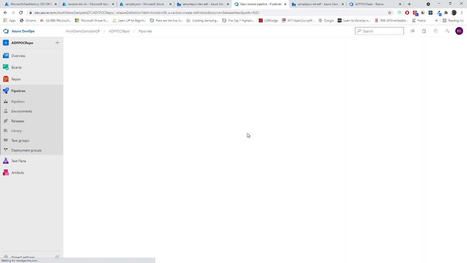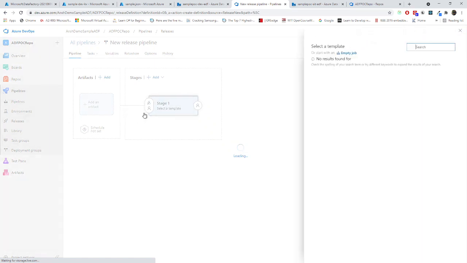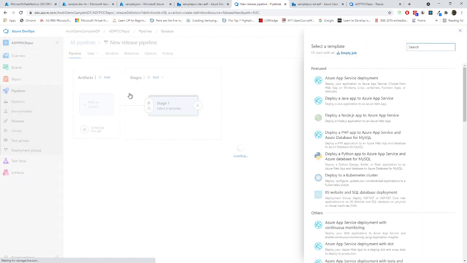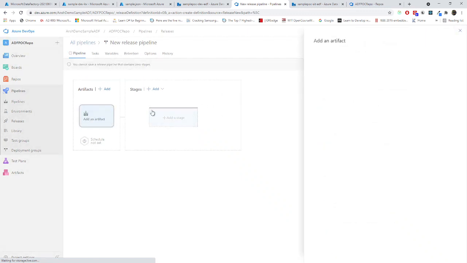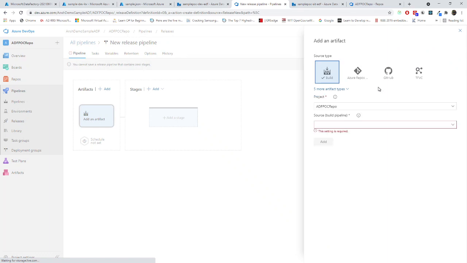So hopefully everything should go well. Right now it is asking me to create different stages. Right now I'm just putting it this way. I'm just choosing the artifact right now. Where the artifacts will be, we are not building anything over here. We are just pointing to our Azure repo.